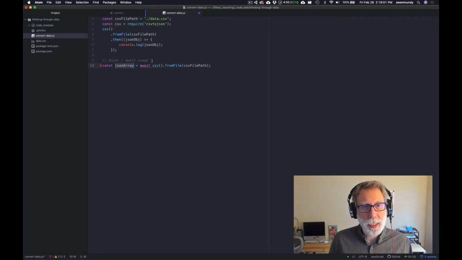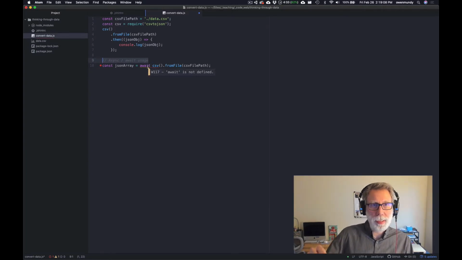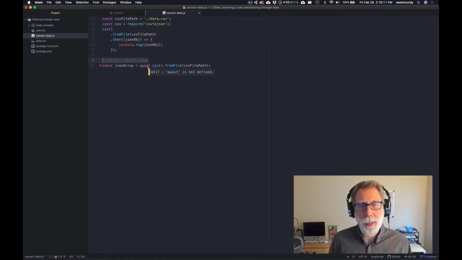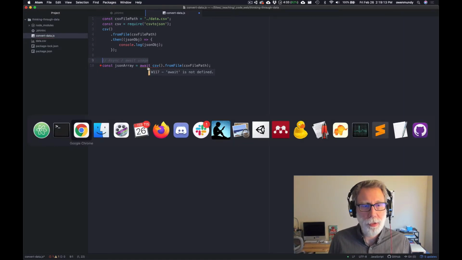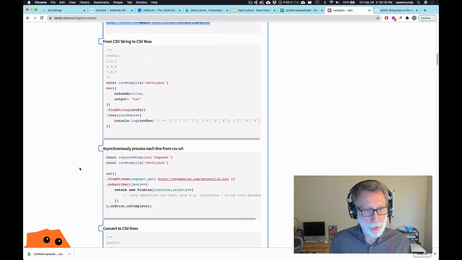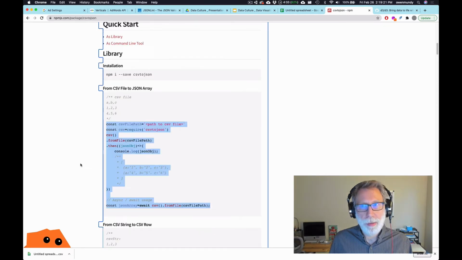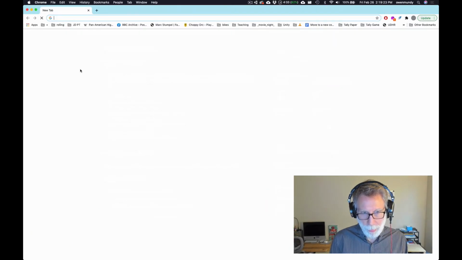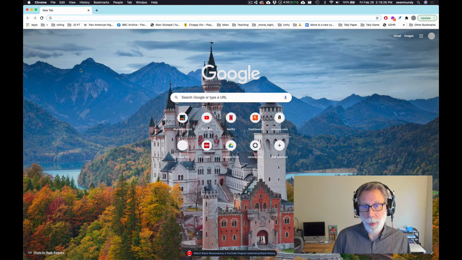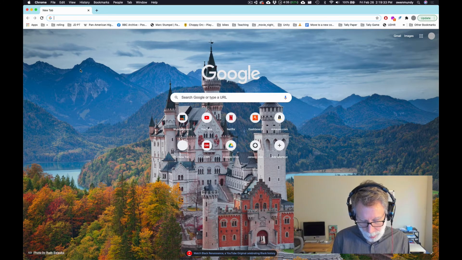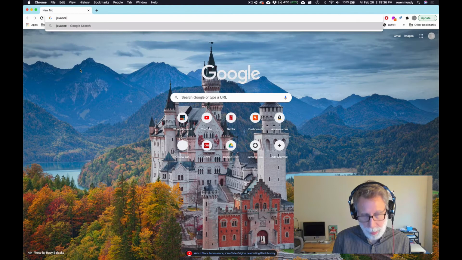And it looks like it's using async await, and so it does not like the way that I've done this, because it's not running inside of its own async function. So let's see if they have an example that does that for us, and it doesn't look like they do. The reason they're using async await is because the file that it has to read from a directory could be really big. It could also take a long time to parse it, and so we're just going to Google JavaScript async wrapper,